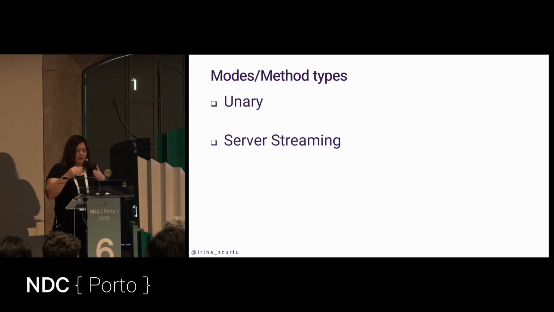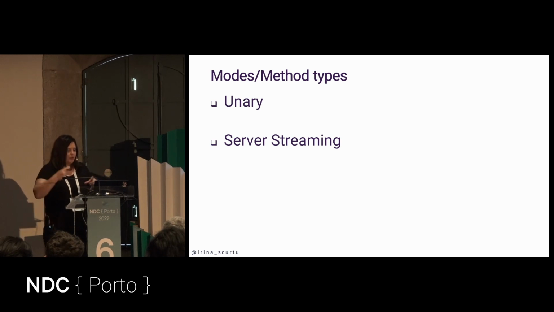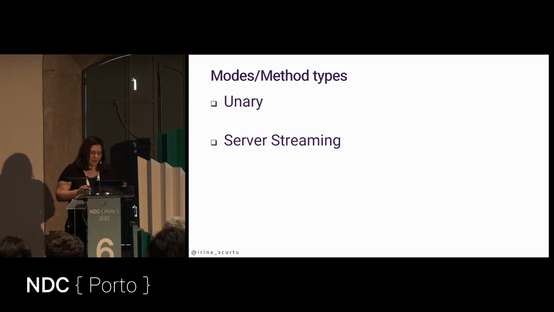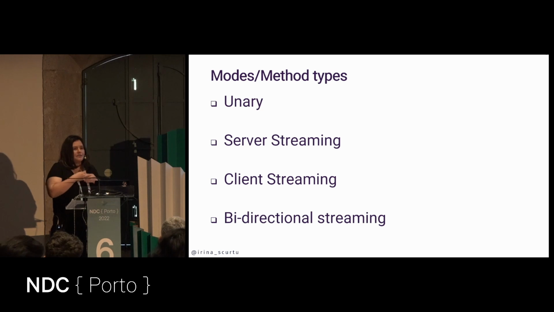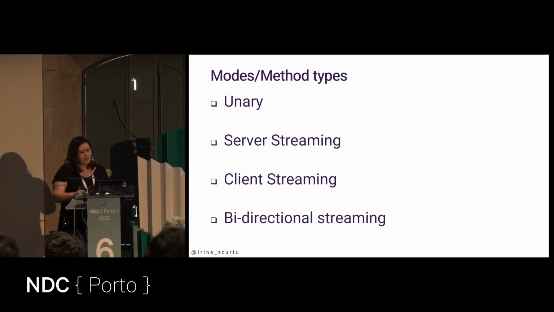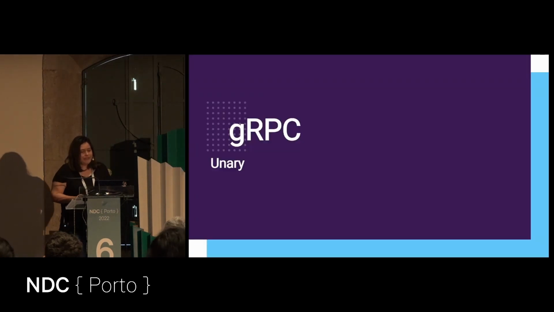Another method of working with gRPC is server streaming. What happens here is that the server will be able to send several chunks of data over the same connection. So it will have only one TCP connection, and over that, the server will stream several things. I have demos for this, so I'm also going to show you. Client streaming, well, the client sends several things to the server and gets one response back. And of course, bi-directional, which is a combination of the previous two. So let's have a look.